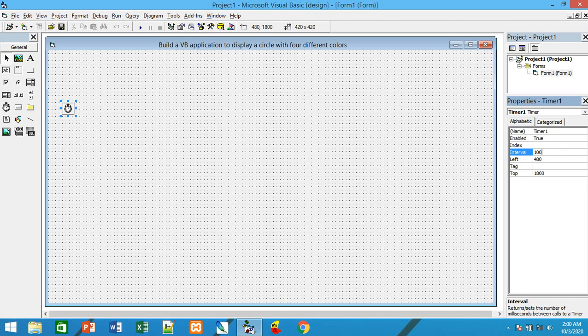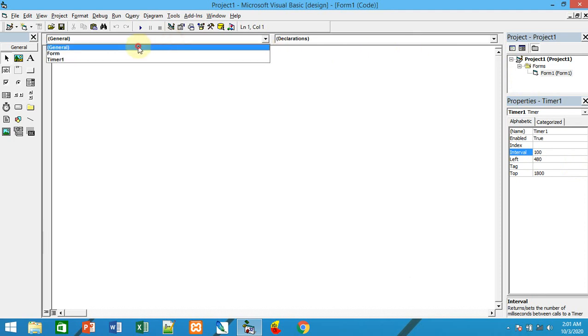Red, green, blue, yellow, again red, green, blue, yellow. So the interval between this changing of color of the circle is only 100 milliseconds. Okay, so fine, we'll do this and you will go for the coding itself. In the coding, first and foremost you have to take the variables like x coordinate and y coordinate. Of course you can go for the radius, of course it is fixed. You don't have to change the radius of the circle, still you can use radius RAD.